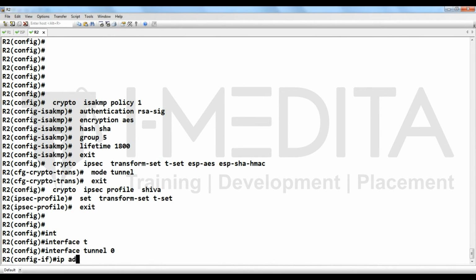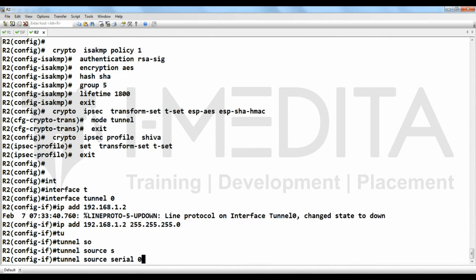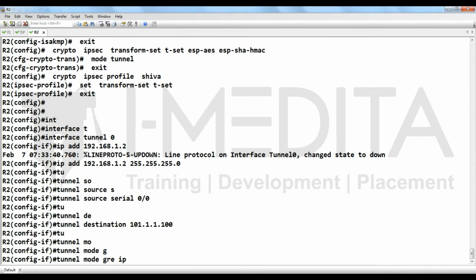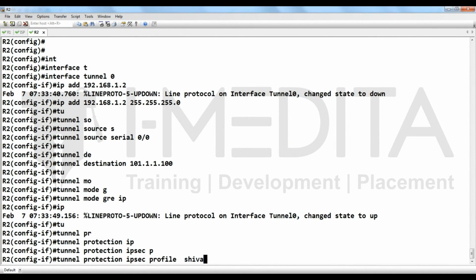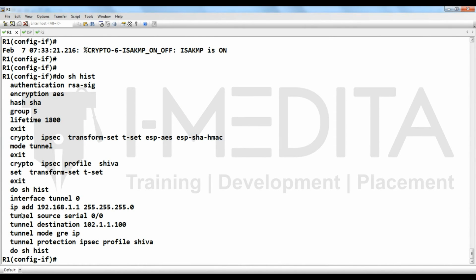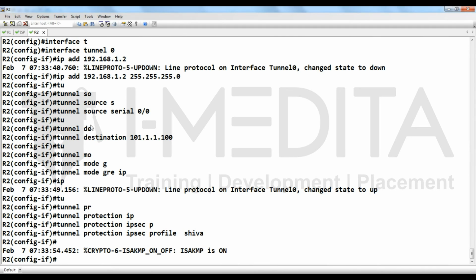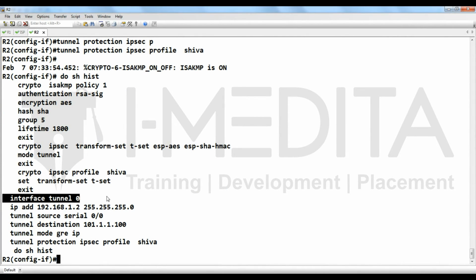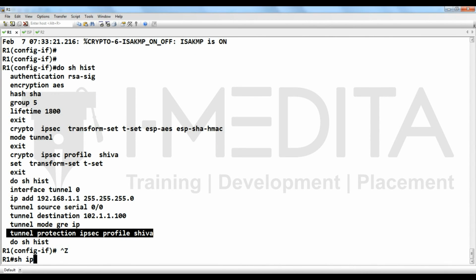Then interface tunnel 0, ip address 192.168.1.2, tunnel source public, tunnel destination peer public, tunnel mode GRE over IP, and tunnel protection ipsec profile, the same as you used. Then show ip int brief.